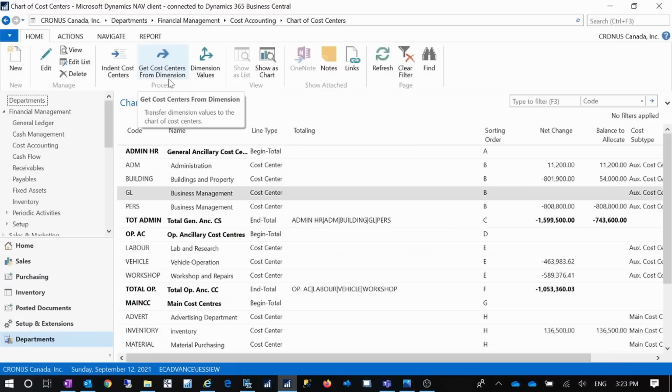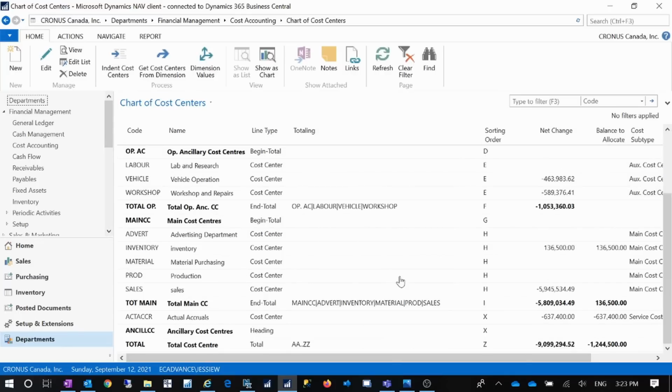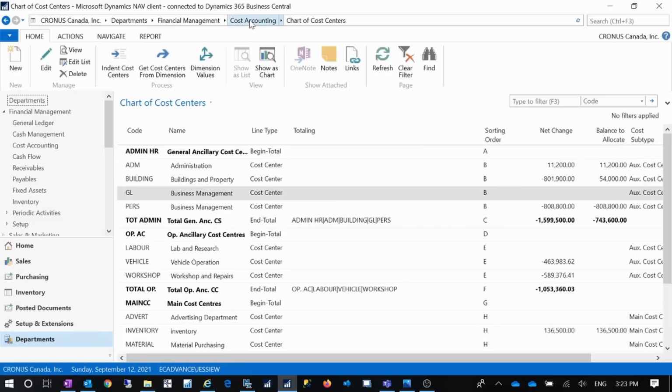Then when you click on get cost centers from dimensions, in my scenario, it will get from my global dimension 1, department. But let's say you don't want to use that setup and you want to populate something by yourself, then you can just manually set up from the chart of cost centers. And so usually,